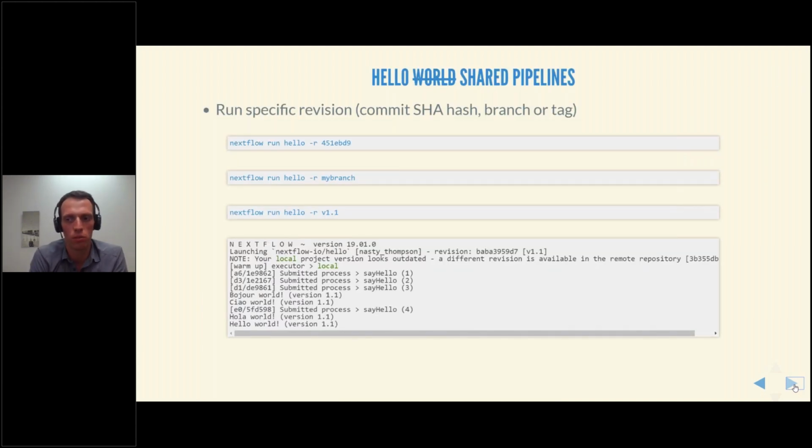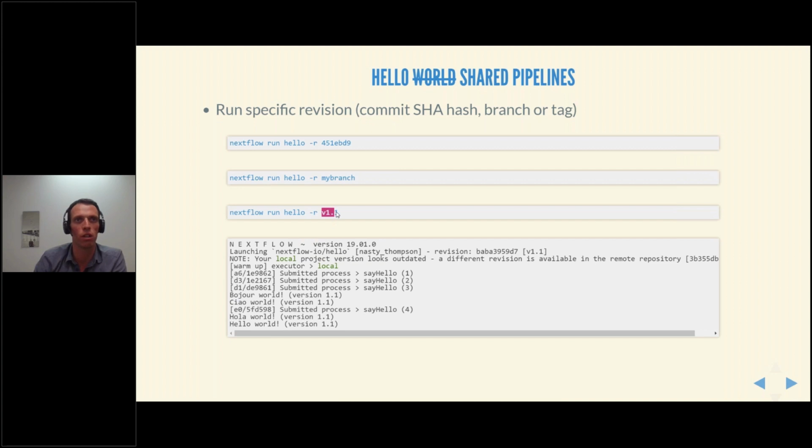So speaking of integration with Git and sharing pipelines, and this important aspect of reproducibility, you can run a specific revision of a pipeline. So you can nextflow run hello with revision pointing to a commit hash, to a specific branch perhaps, or a tagged version.